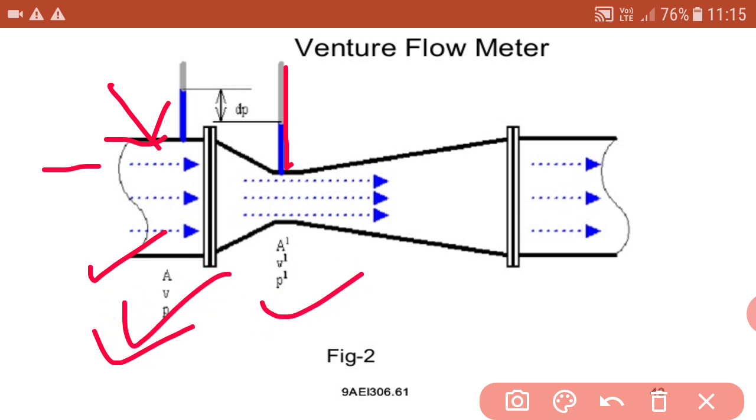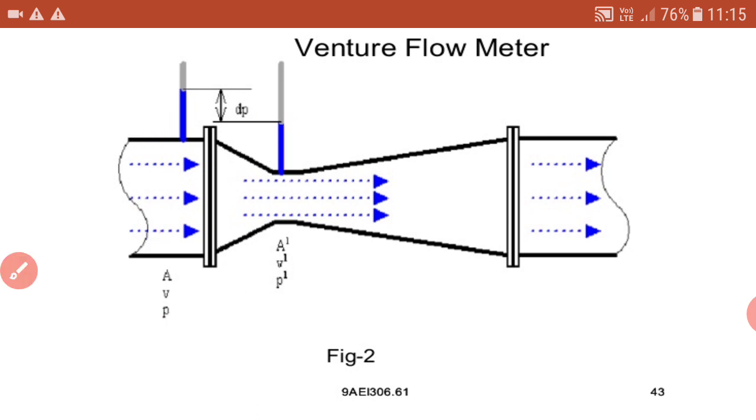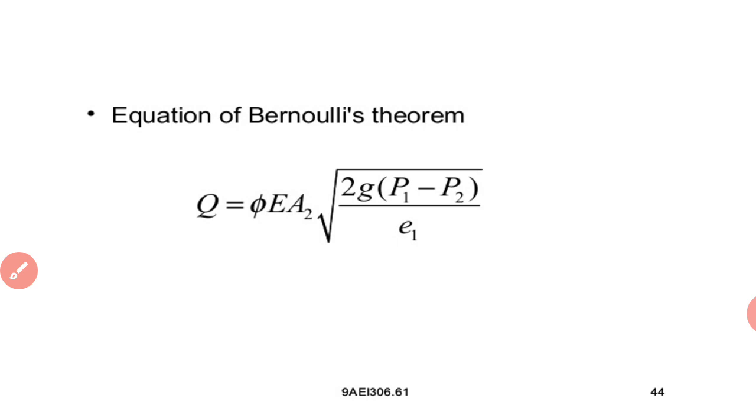So by measuring this pressure, we can see this one is the pressure difference, dP. Here we can see this is the difference in pressure, it is known as dP. So by measuring this differential pressure we are actually measuring the flow of fluid through this tube. Okay, so this is the typical Venturi flow meter.